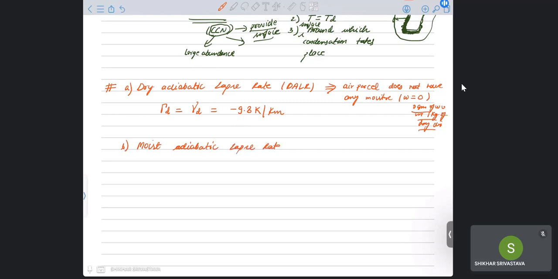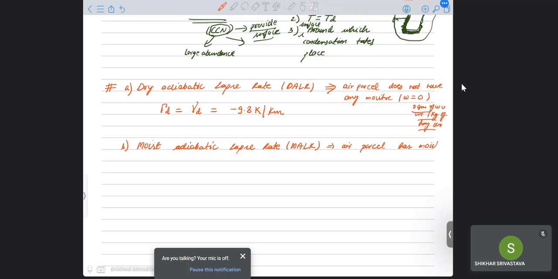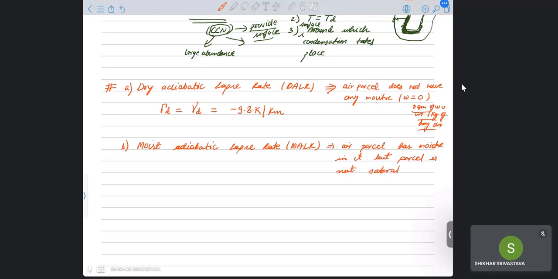Okay, which is abbreviated as MALR. This is for the case when the air parcel has water vapor or moisture in it, but that parcel is not saturated. So in this kind of parcel, which has moisture in it but is not saturated,